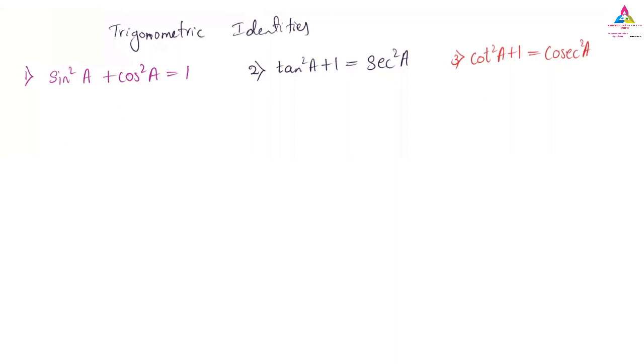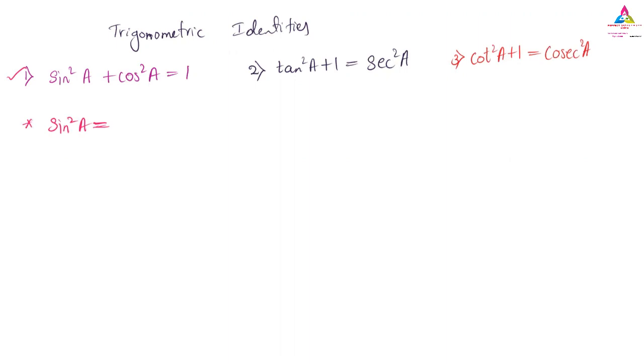So what is this? The thing is, see here, in this only I will write down the sub formula. What is the sub formula we have? Sometimes we want the sin square a. Only we want the value of sin square a. How can we find the sin square a formula using the first identity? How can we use sin square a plus cos square a is equals to 1, and how can we find the sin square a value? Will you say? Sin square a is equals to 1 minus cos square a.